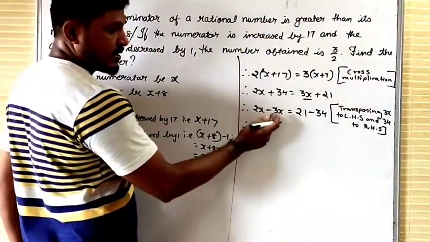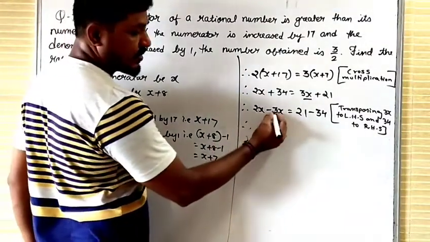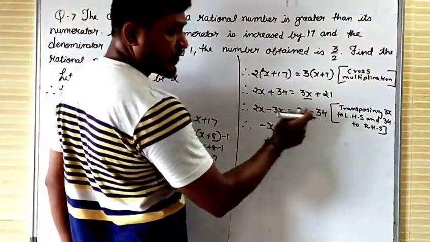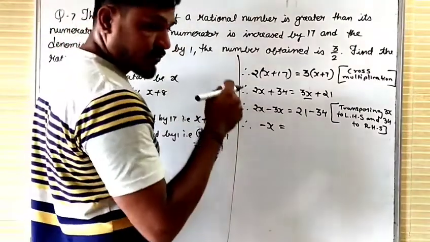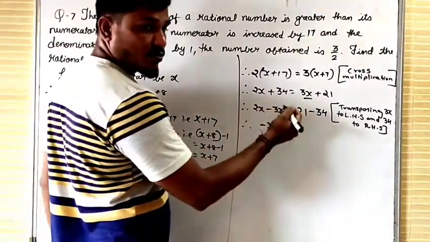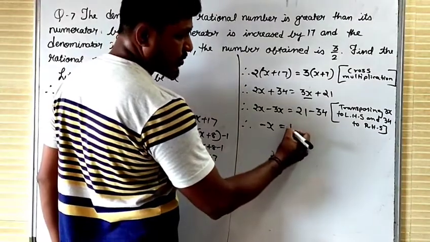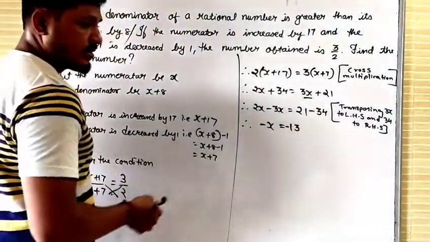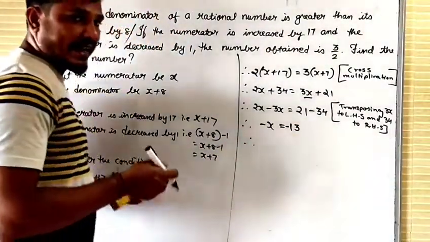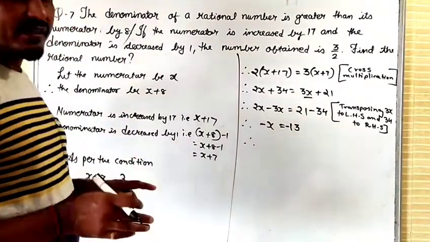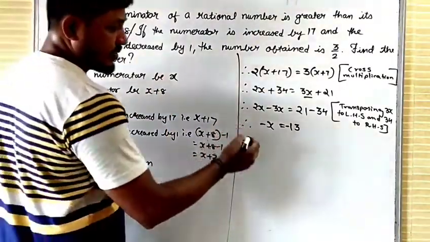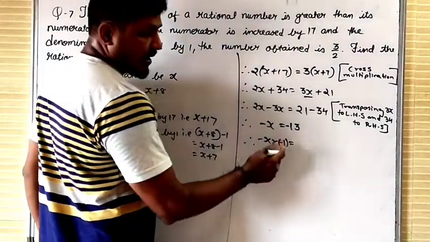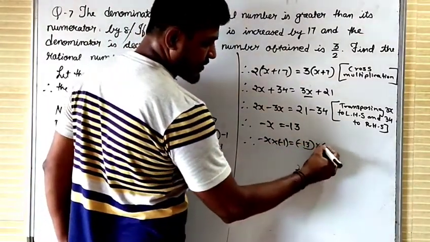Now 2 minus 3, 3 is greater, so your value will come in negative. 1x we can't write, 1 has no value, so negative x. Here also 34 is greater than 21, so how much you will get? 34 minus 21, that is 13, negative 13. Now dear student, as the value of a variable cannot be negative, I will multiply it with negative 1. So negative x multiplied by negative 1, whatever value I am taking toward my left, the same value you have to take toward your right.